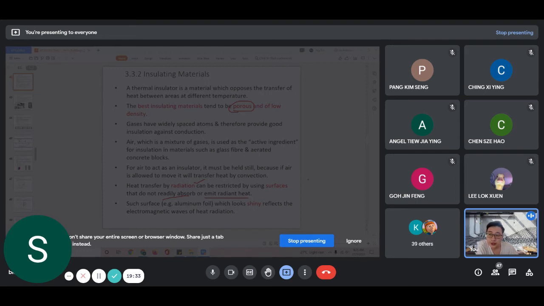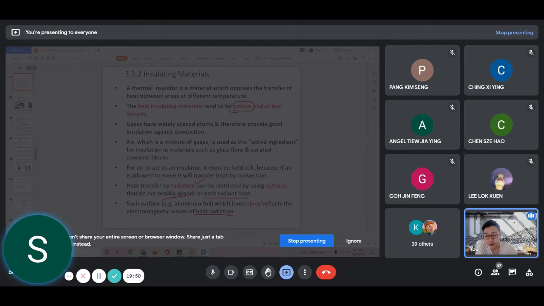So it depends on how we want to do it. Here, a shiny surface would reflect away the heat wave. So you want to have a shiny surface, but then it comes to